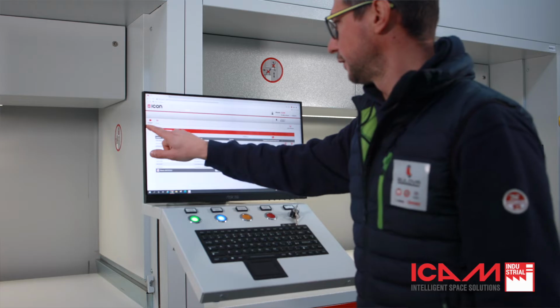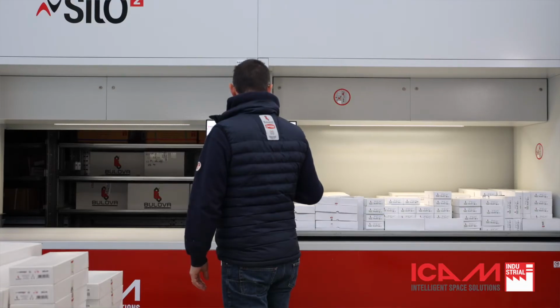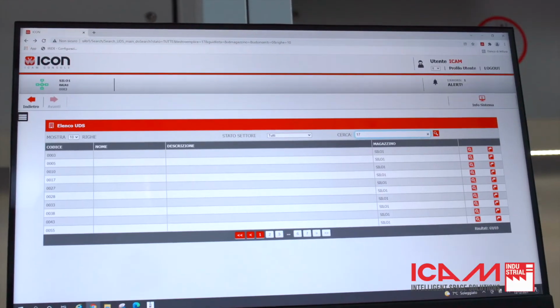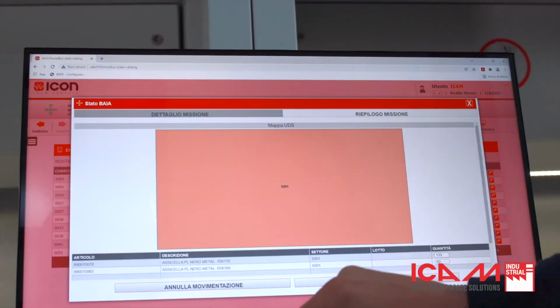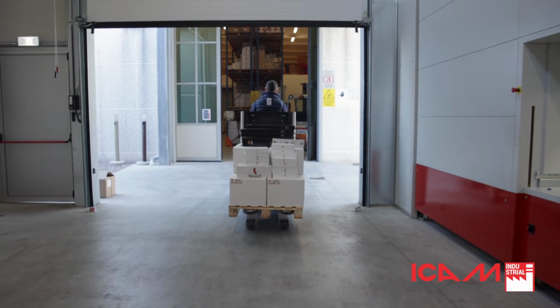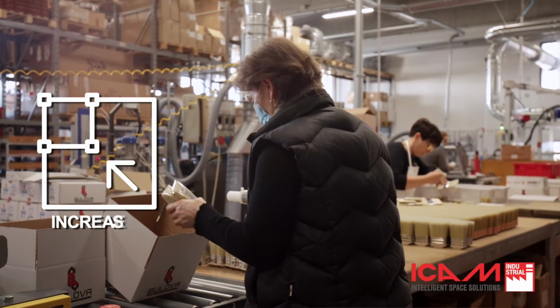Today, however, interfacing the SILO² software with the company management software makes carrying out the stock checks much faster and more practical. Michael Vallari adds that learning to use the SILO² storage system was extremely easy thanks to the intuitive software. Operations manager Massimo Pizzetti explains that the first benefit the company really noticed was the amount of floor space